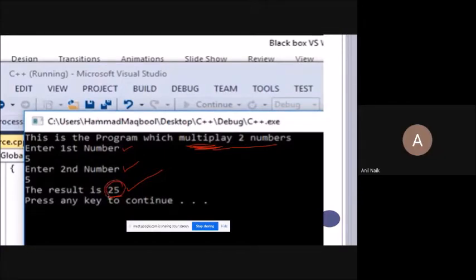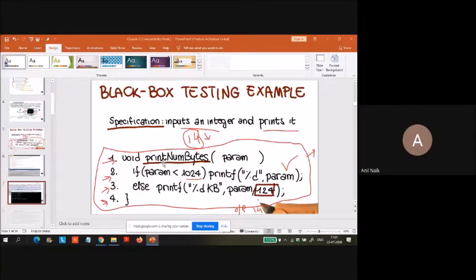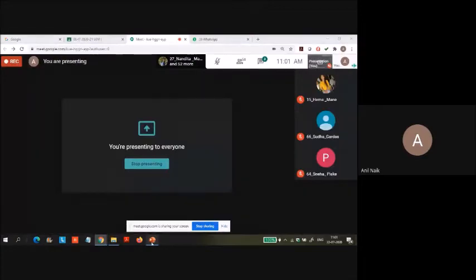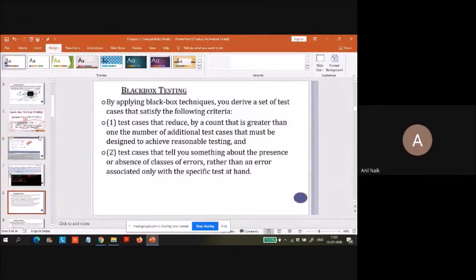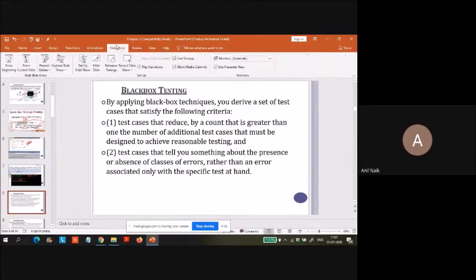So in your interview, if they ask a question, you should explain with examples. Then only they will come to know that you understood the concept of testing. So that is some examples of